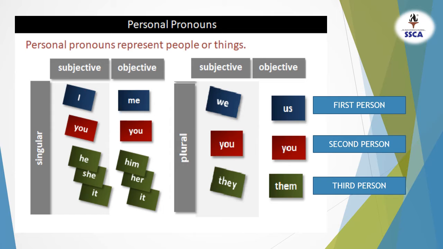These are called the first person pronouns, where we talk about ourselves or myself. And the second person pronouns are when we talk about the person in front of us, meaning you. And then there are third person pronouns. These are he, she, it, and they. As you can see how they work as subjective and objective in the chart. Now we will talk about the subjective and objective work of personal pronouns with examples.